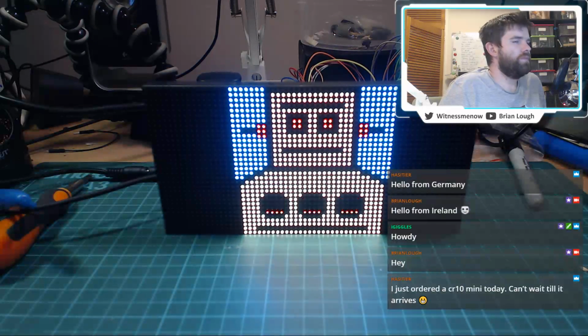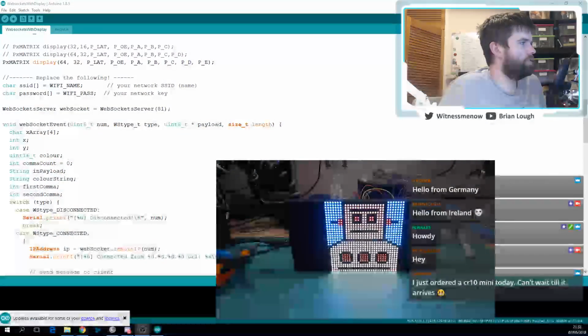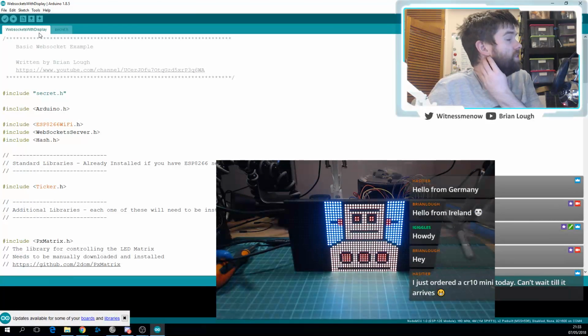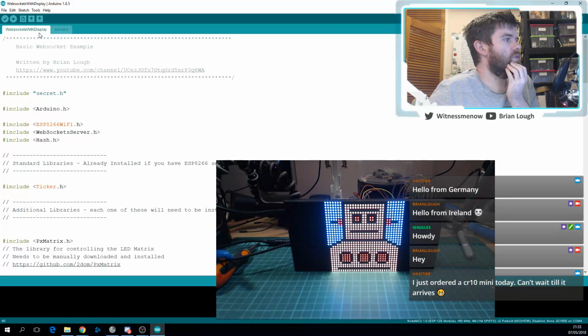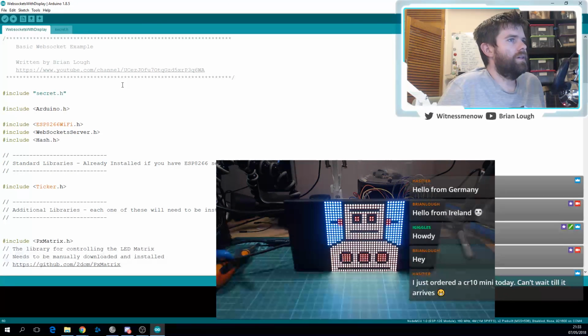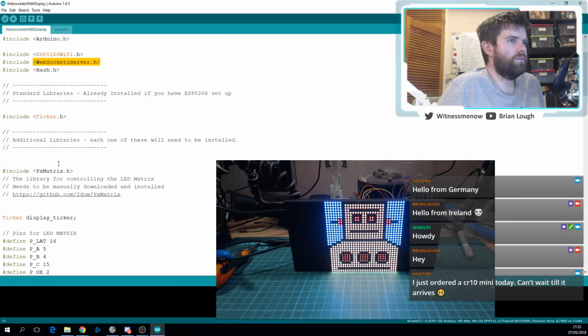So where we left off last week, if I remember right, if I look at my screen share, we had this WebSockets with display. I haven't actually put this up on GitHub. I will hopefully do it tomorrow, or maybe tonight. We'll see. It's basically using a simple WebSocket server and then the LED Matrix library, the PxMatrix library that